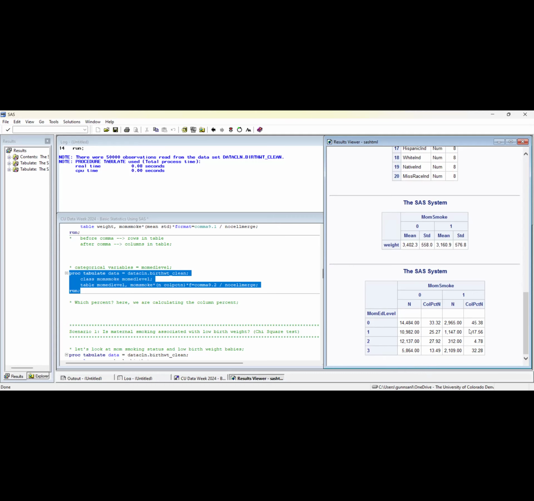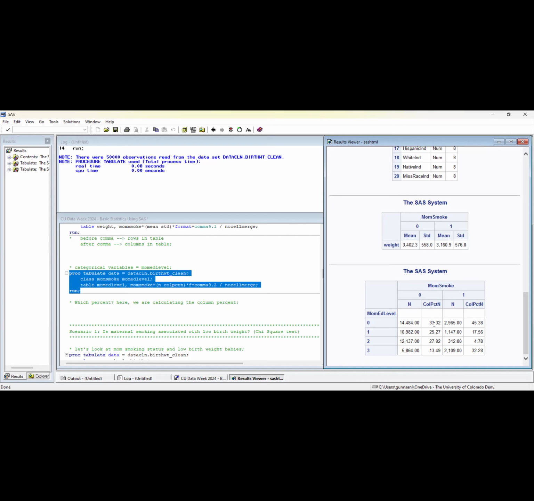So depending on what your research question is or what types of interpretations you're wanting to make, you will just choose what statistics you want to generate based on whether it's appropriate for the variable type and then what your questions are. So here I would look at this and think, among